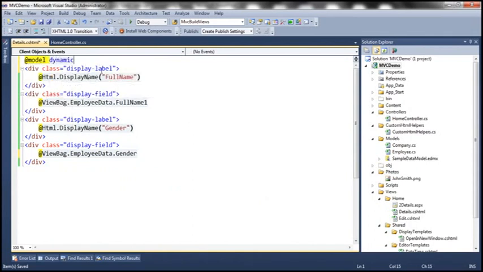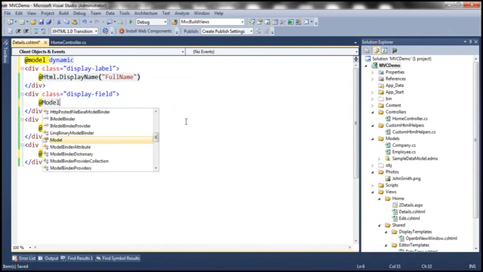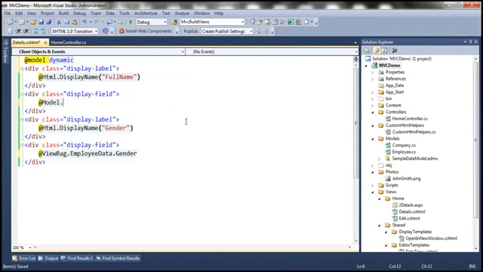So at compile time, it will not have any idea of the model that this view will be working with. And then to retrieve the employee's full name, I can simply say @Model dot, look at that, I don't get IntelliSense, number 1. So I can type the property name, which is FullName here. And similarly, we want gender, so Model.Gender. Now look at this, when I build the